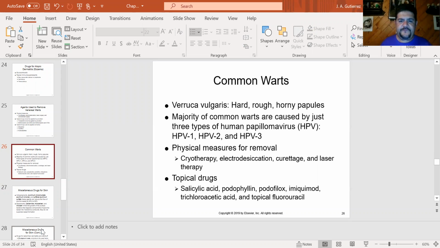Regarding common warts, they come from the human papillomavirus, HPV. Types 1, 2, and 3 are the common warts, the ones we see on the skin, the neck, and the face. Very different from genital warts, which usually are HPV 16. And same thing, we can use physical measures for removing them: cryotherapy, electrodissection, laser therapy, regular surgery, or we can use topical drugs to dry them out, as we mentioned: salicylic acid, podophyllin in the doctor's office, podofilox, imiquimod, trichloroacetic acid. All that can be done at